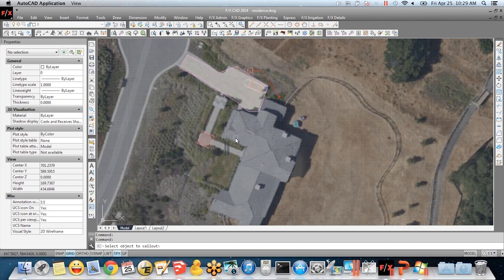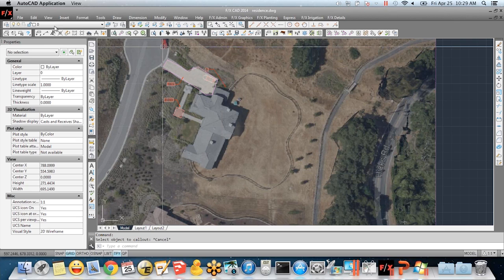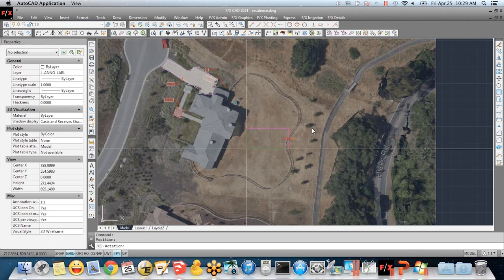And I can call that out if I wish. Now that it's in here, I can call him out. I can also call out my driveway here to kind of see what's going on very quickly. And again, let me just drop these elements in really quickly so we can see what's going on. I've got my pool area,